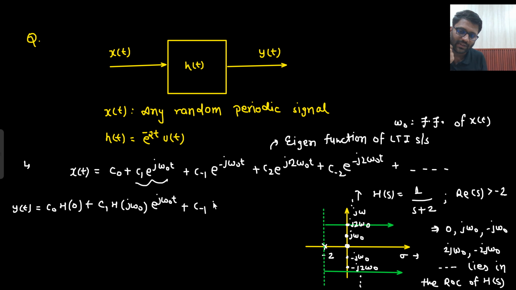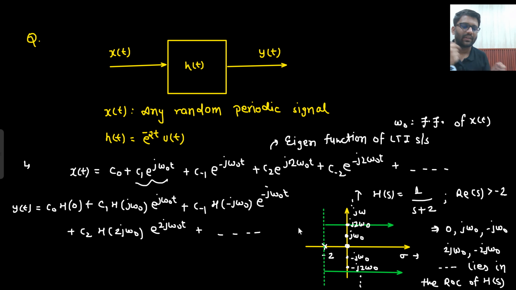plus c of minus 1 h of minus j omega naught e to the power minus j omega naught t. In the similar manner, c2 h of 2j omega naught e to the power 2j omega naught t. In the same manner you can write down the output, right? So very easily you can write down the output, but the condition is that the region of convergence of h of s,